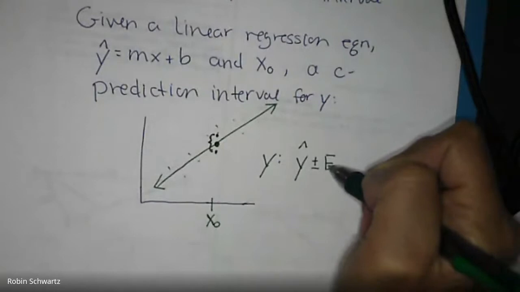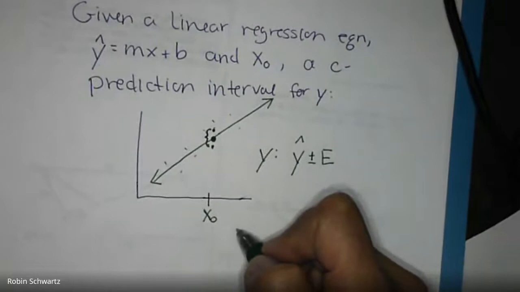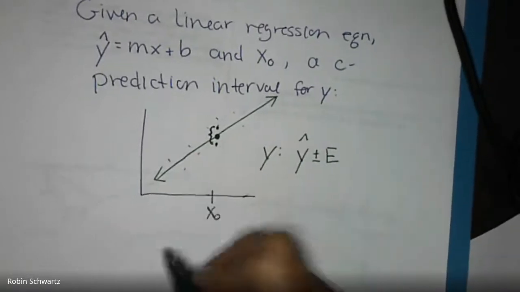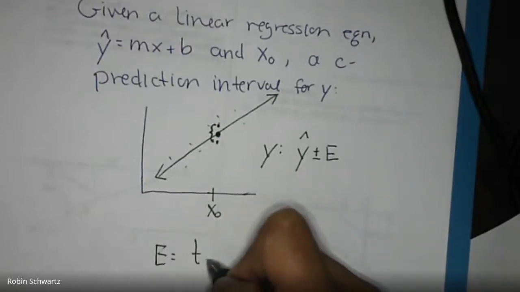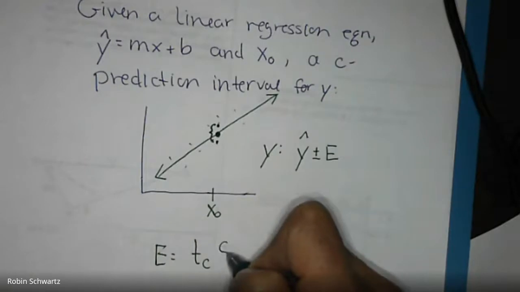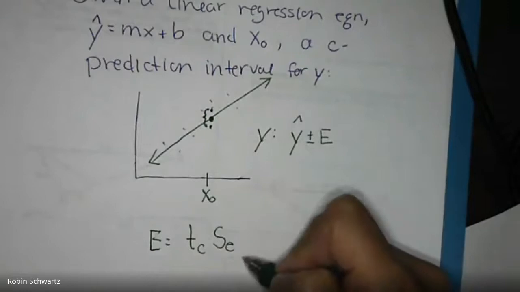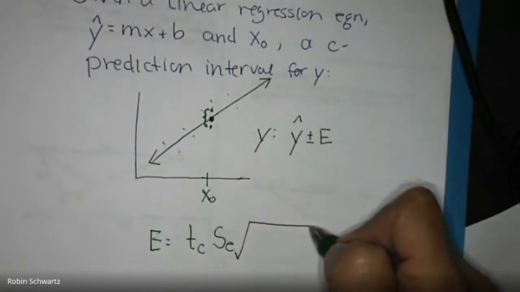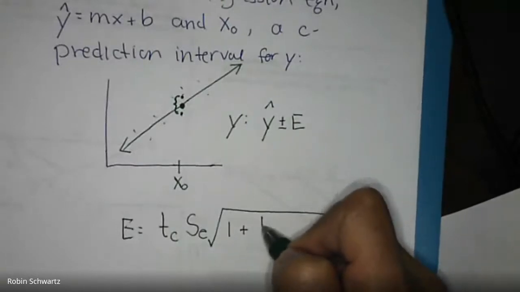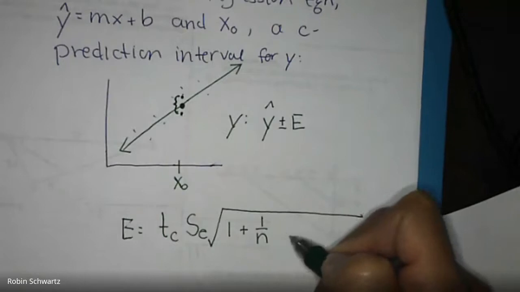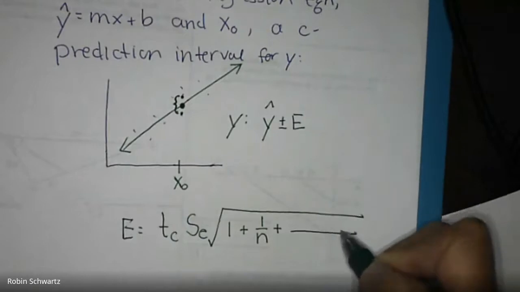Now, to calculate big E, it's a lot more challenging than it was back in chapter 6 or whatever it was. Here's the formula you're going to use. To calculate big E, you need the t-score for your confidence level multiplied by that SE value that we calculated yesterday, which was quite challenging. Then we've got this ugly square root coming: 1 plus 1 over the sample size, plus a fraction coming. That is n